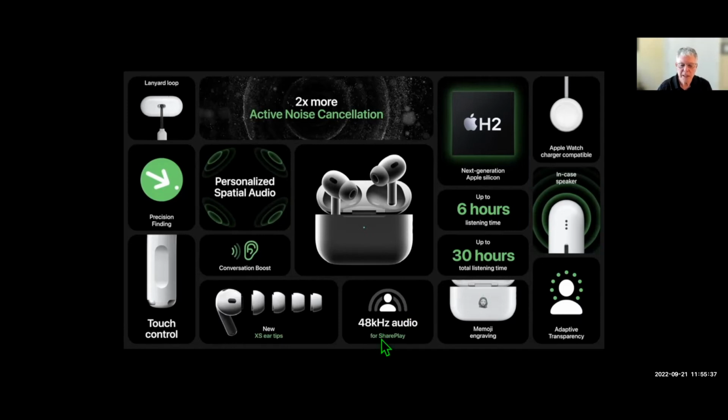48 megahertz audio for shared play. It's got that new chip. The hours here are a little bit higher. I think the play time's a couple hours higher, and the charge time's a little bit higher as well. Oh, this is the big selling point. You can get your emoji engraved when you order these. And I mean, you got to have that. Here's the watch charger capability, the in-case speaker. And so there are a lot of features with this new